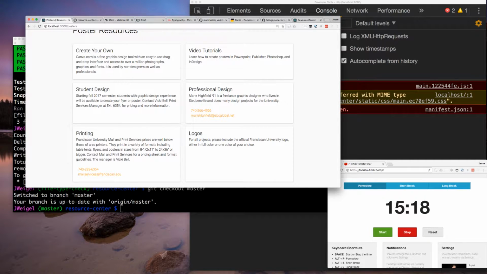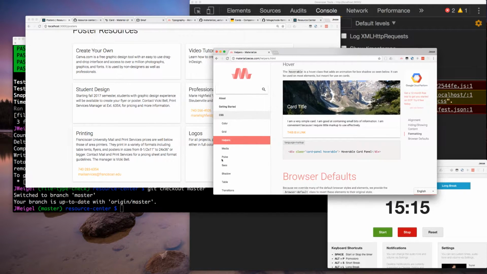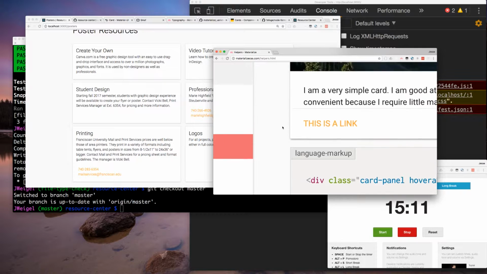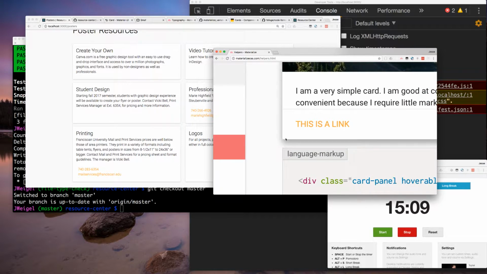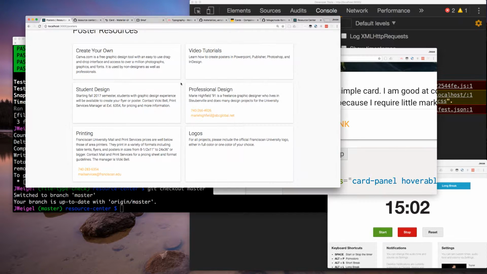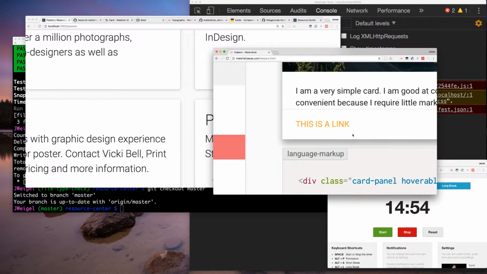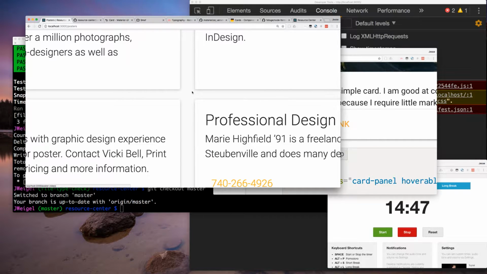So let me pull in, so hopefully you'll be able to see the comparison. So this is on Materialize, and this is how their effect works, and we'll compare that to what's going on here. So there's definitely a difference. There's a difference in the shadow,